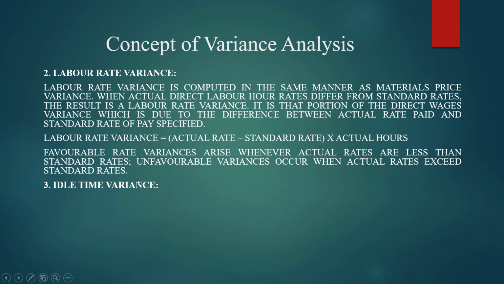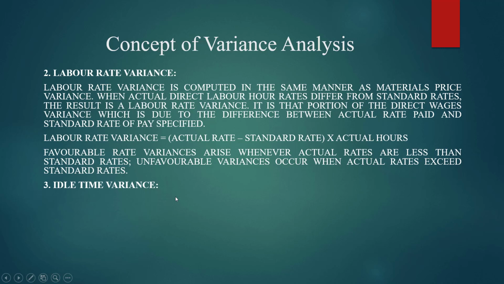Okay. Now next is the idle time. Now what is idle time variance? Idle time variance is like if the workers are working in an organization. Now in the organization there might be some machines, there might be some electricity, and all these things will be there. Idle time means they have not utilized that time. Let's say when there is no electricity, there was no work in the organization. When there were no raw materials available, then there was no work in the organization. Some workers are not coming to the organization to work, they are absent. So in that case, these are all idle time. That means this is a wastage of time. Okay, so that is known as idle time variance.